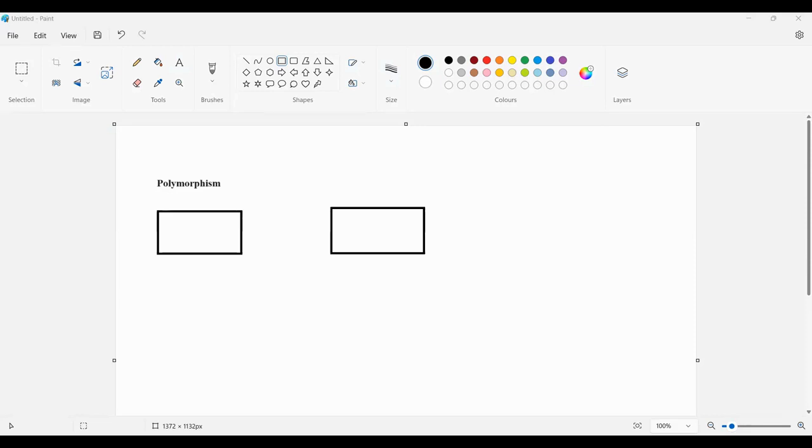Polymorphism is derived from two Greek words. One is poly and another one is morph. The word poly means many. Morph means forms. So polymorphism means many forms, like one object is showing many forms at different life cycle stages of